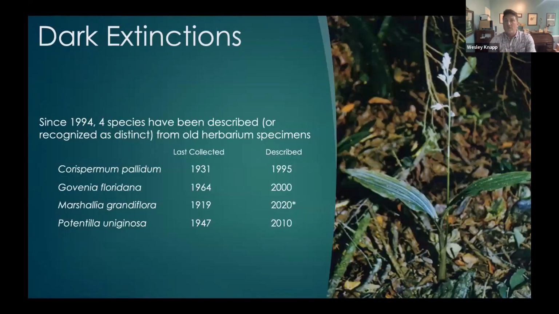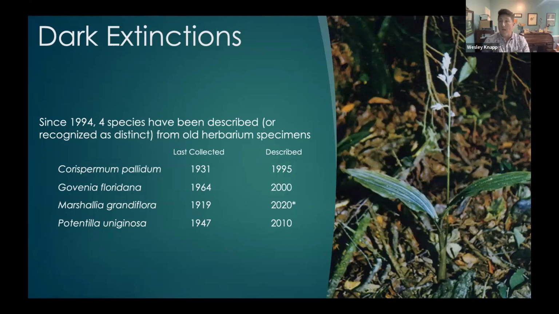I'll also mention really quickly dark extinctions. These are extinctions that happened in the darkness. They are organisms that went extinct before they were described to science. I predict that we're going to have more of these in the herbarium. There are probably species lurking that are undescribed and already extinct. I'll just point out we've had 4 of these that have been documented since 1995